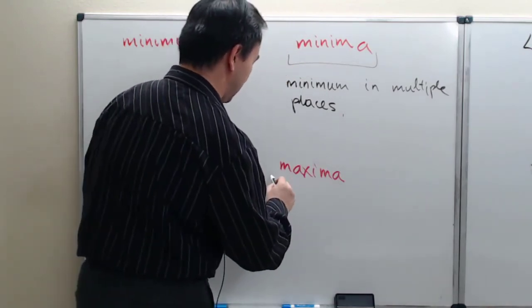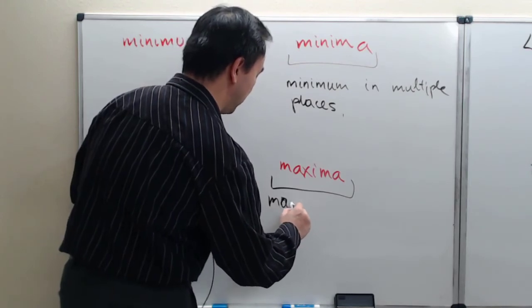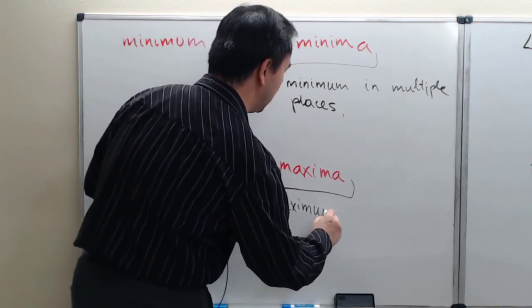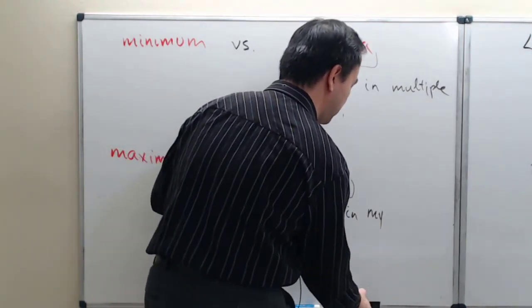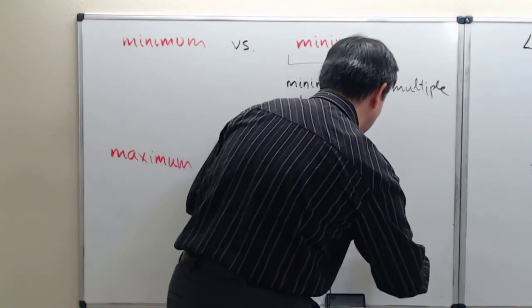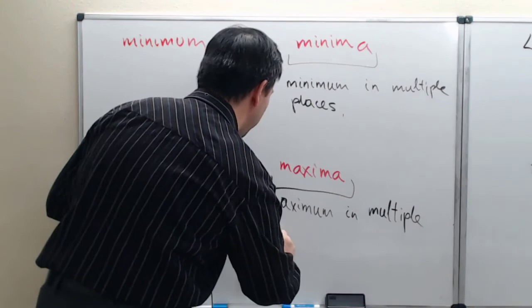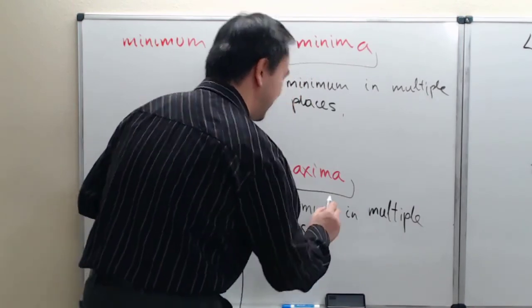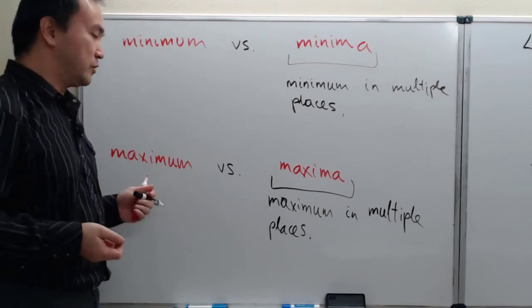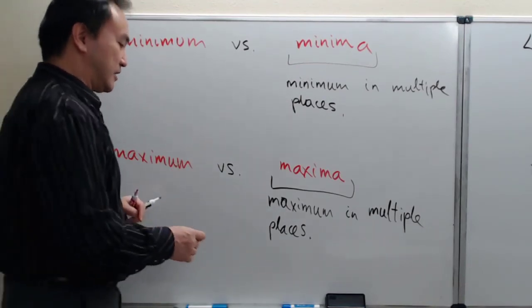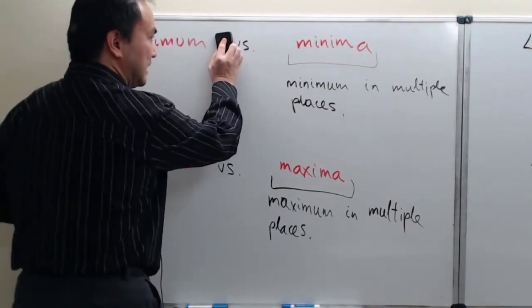Okay, then this term right here is referred to when we're looking at a maximum. Our function is reaching maximum in multiple places. All right, so that's some clarification about the terminologies that you might run into here and there throughout different textbooks. And so now maximum, minimum, or maximum, in the end,